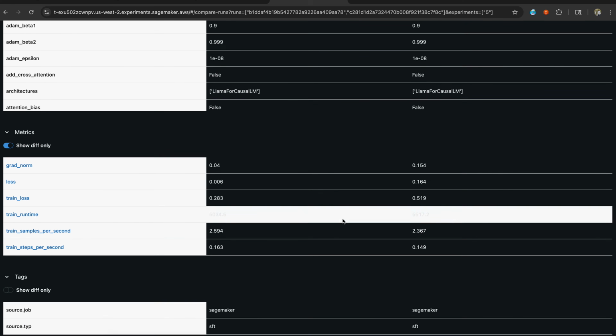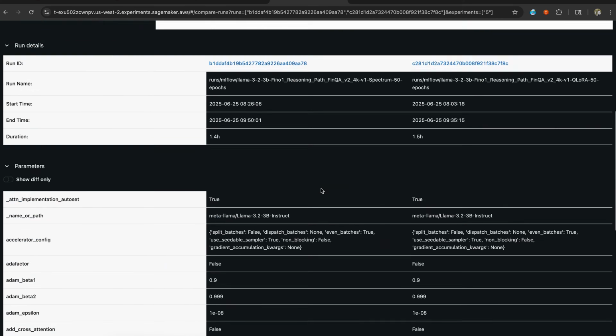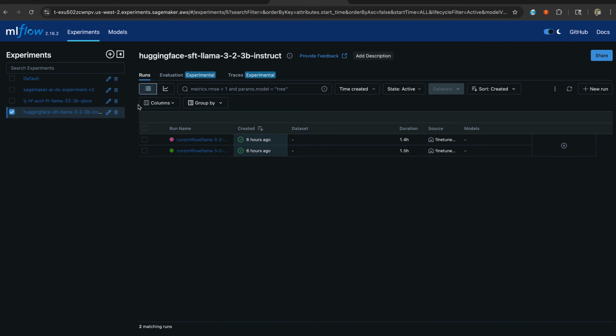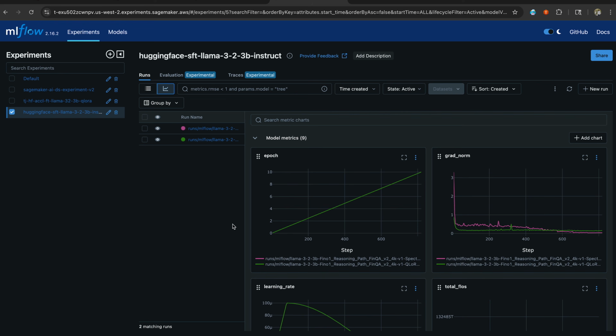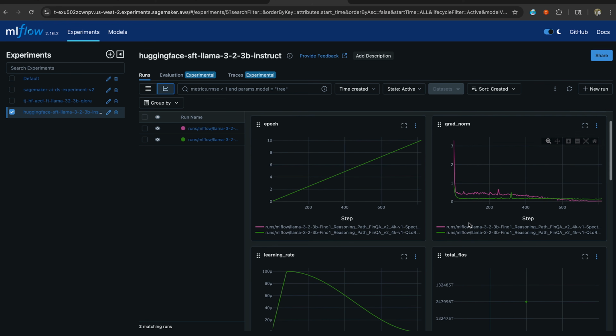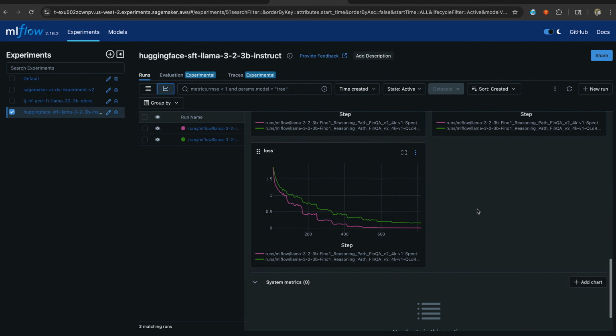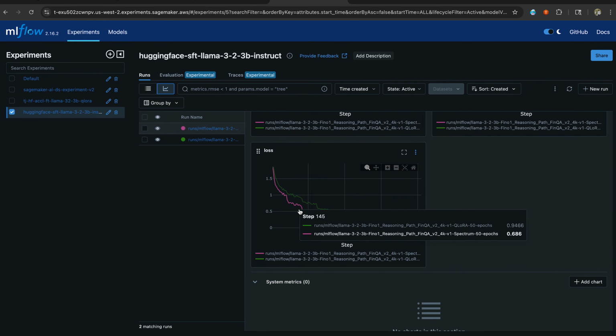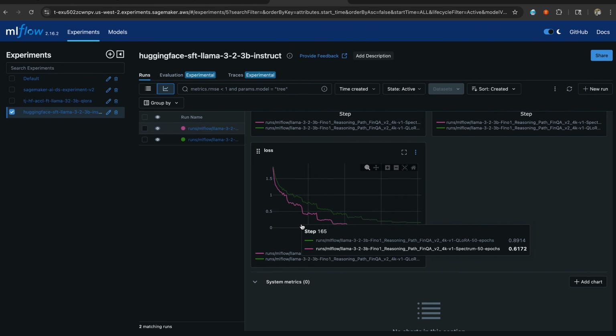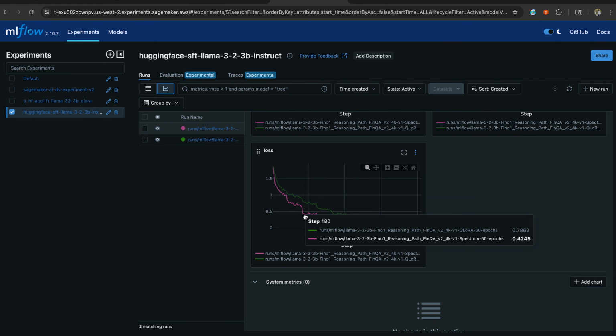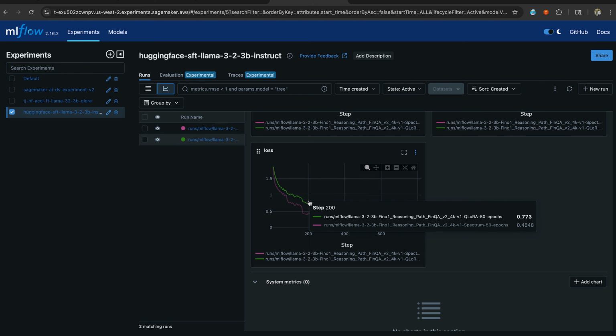So as you can see, all of these values are the diff values between the two runs. But what is really important is overlaying the graphs between the two runs. So as we overlay, you can see that the runs are almost identical. The gradient norm has some variation, but the important observation to be made here is the loss curves. Now, if you observe the loss curves, the pink loss curve is from Spectrum, whereas the green loss curve is from QLoRA. And both of these loss curves are for 10 epochs for the same data set, trained for the